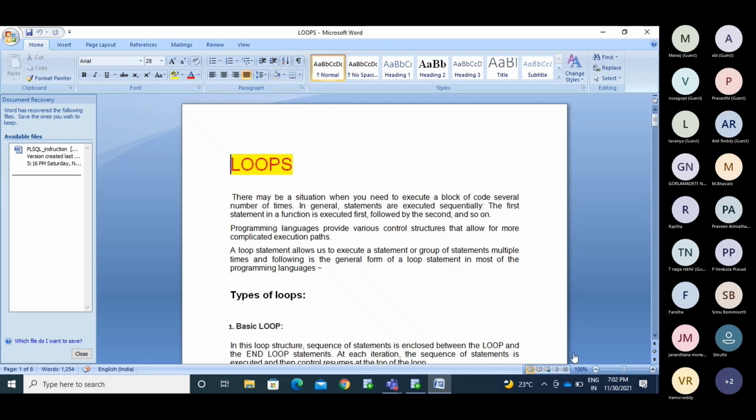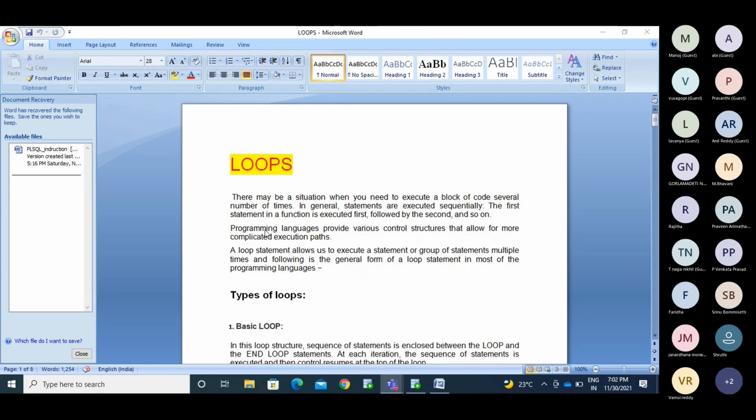So it executes the statements one by one. If you write 10 statements in the loop, the 10 statements will execute one after another. So we'll use loops for that.